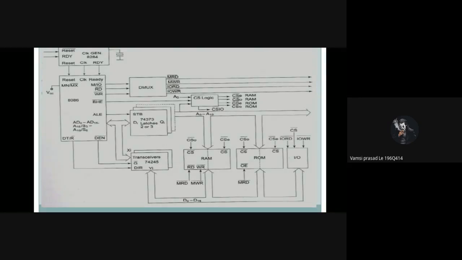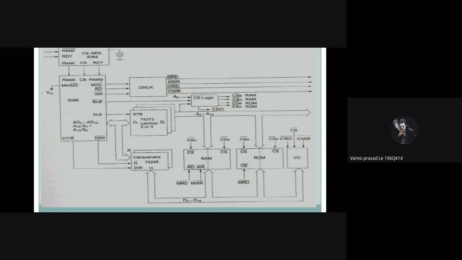In order to perform the operations, there must be synchronization or some address mapping between this system and the other components that are connected to the microprocessor. So we need to establish some connections, which is nothing but interfacing. We are interfacing every component with this microprocessor. You can see that every component is connected to the microprocessor somehow.